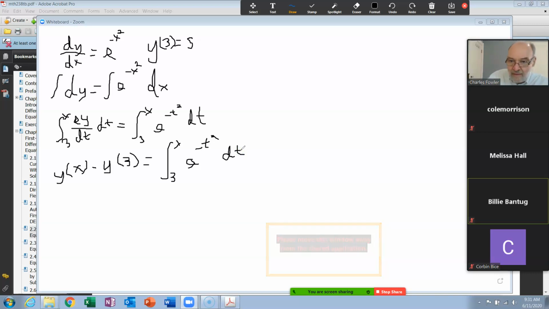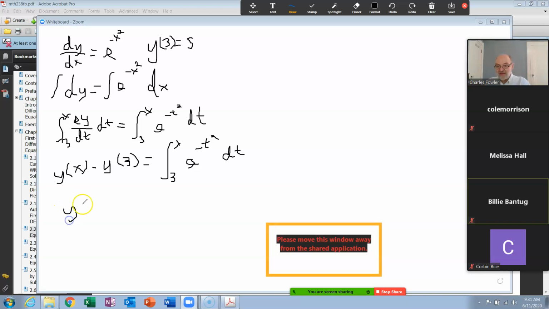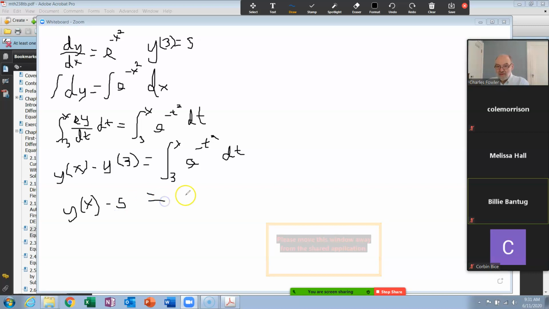Now, what does this tell you? y of x, that's what you're looking for. That's your solution. y is a function of x. Minus this. Well, what is that? That's your initial condition. That's why we chose to go from 3. It may not have been obvious, but that's what we did. Minus 5 is equal to this thing, this integral we cannot do, from 3 to x